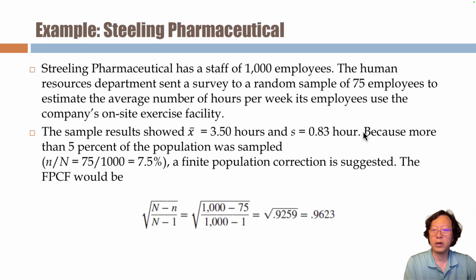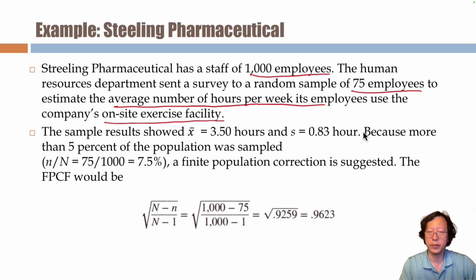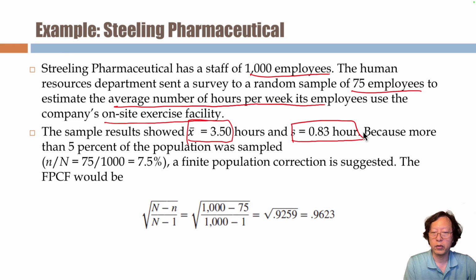There are 1000 employees, and we randomly sample 75 employees. They are trying to measure the average number of hours per week employees use the on-site exercise facility, kind of like a gym. So you can find the sample mean is 3.5 hours per week, and the standard deviation. And then we can calculate the